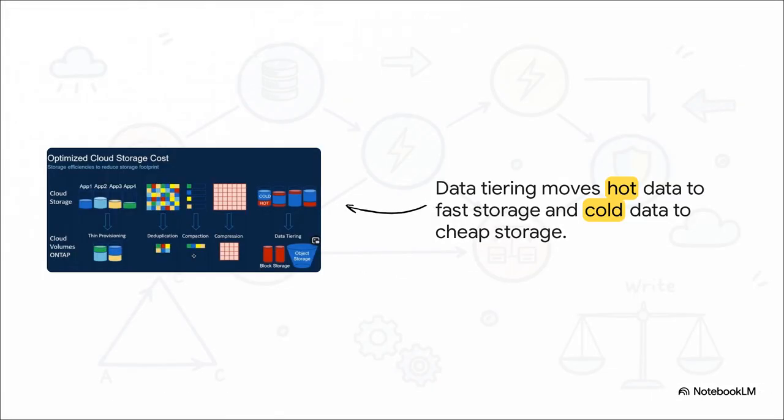But, of course, speed isn't free. Faster storage costs more money. So to get around this, modern systems do something really clever called automated data tiering. Any data that's being used all the time, we call that hot data, gets to live on the expensive, super fast storage. But as that data gets older and is used less, it automatically gets moved to cheaper, slower, cold storage. It's a brilliant way to manage costs without anyone even noticing.